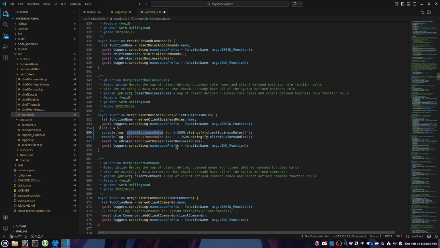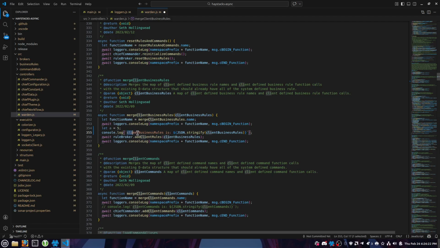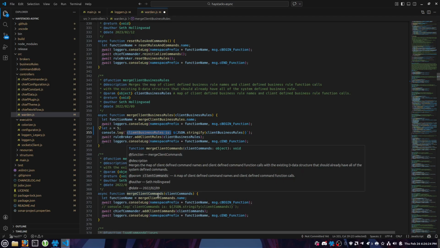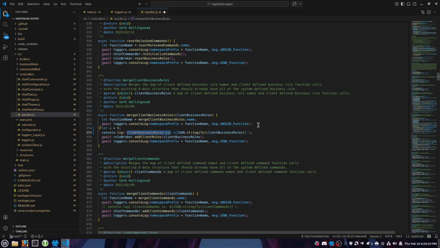Okay, so these kinds of things are important, and it's especially important for the future support of the software overall, like how easy it is to do maintenance. So what we're going to do is build a constants library, and we're going to refactor and remove all hard-coded strings from everywhere in our code. Once we do that, these console logs are going to clean up. And everywhere else we're using hard-coded strings,